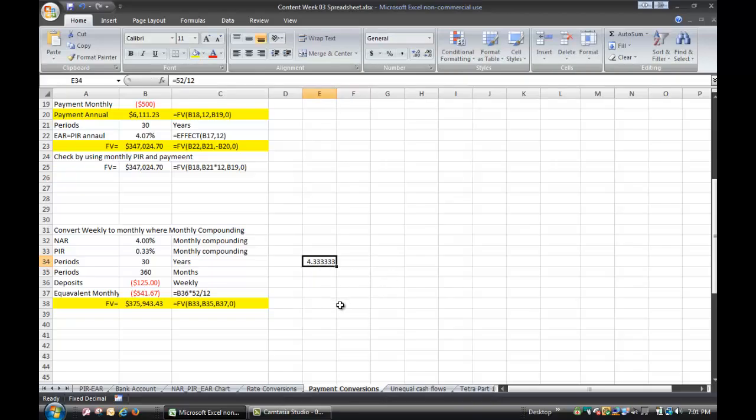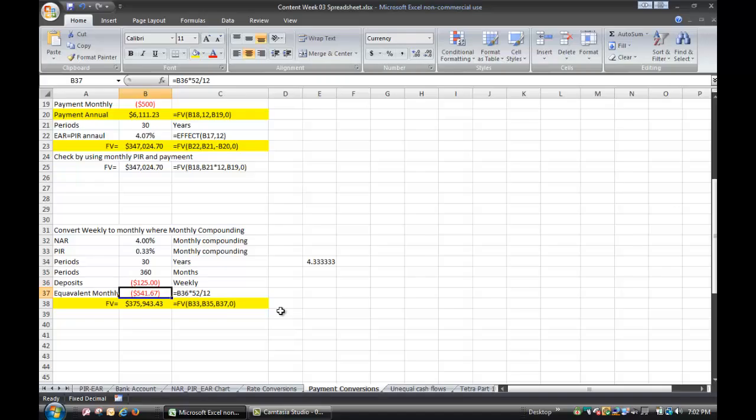There's really 4 1/3 weeks per month. So we multiply the $125 in B36 by 52 over 12, 4.333, and you get an equivalent monthly payment of